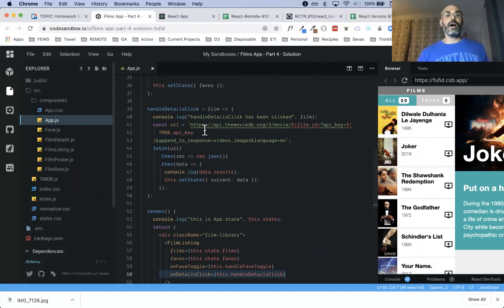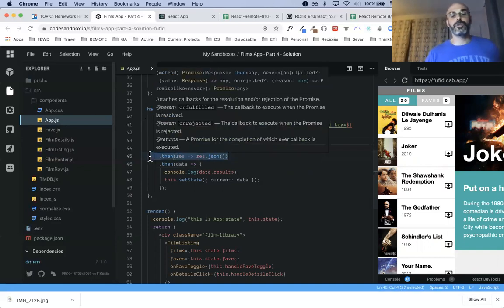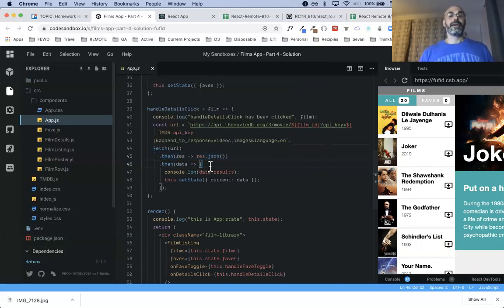And here we're making our call to the API. We're passing all the way down from row. We're passing up the whole film, and we're grabbing the film ID, and we're grabbing our API key right here. And then we're just appending this. This was part of the construct to make the call. This is just additional information. And then we fetch the URL, right? And this is the URL. We make a fetch call. We parse it from string data to a JavaScript object that we can work with, and then we pass that along, and then we set state to the current data.